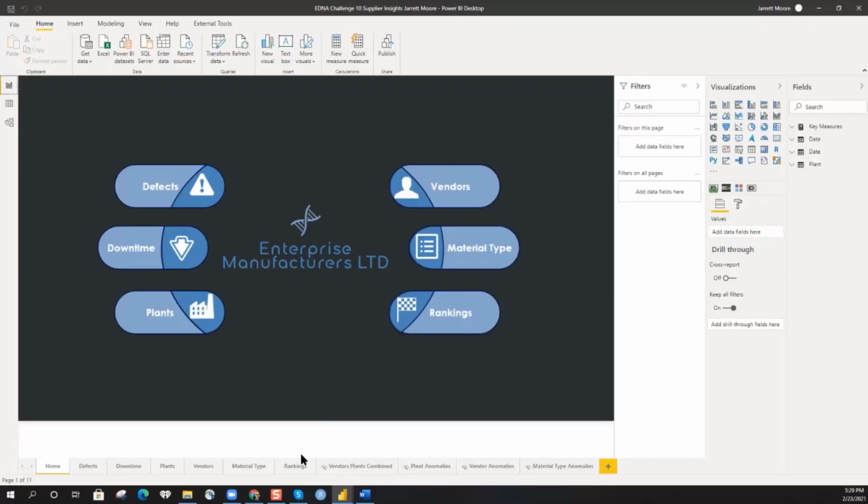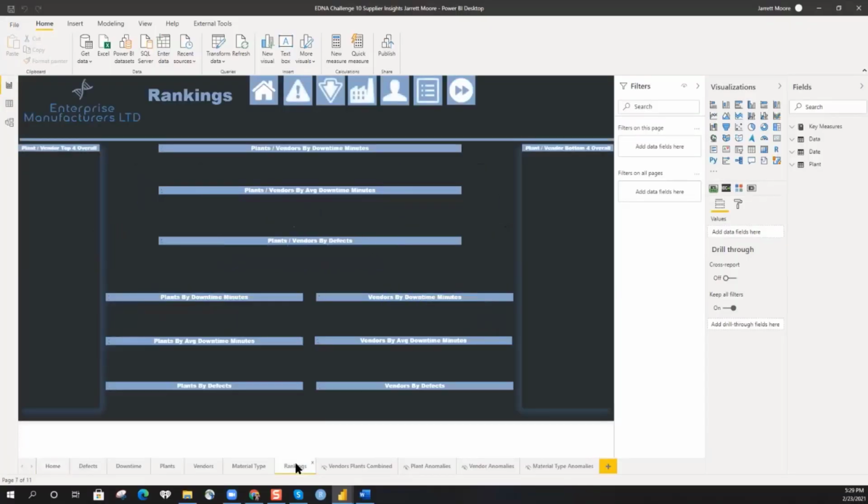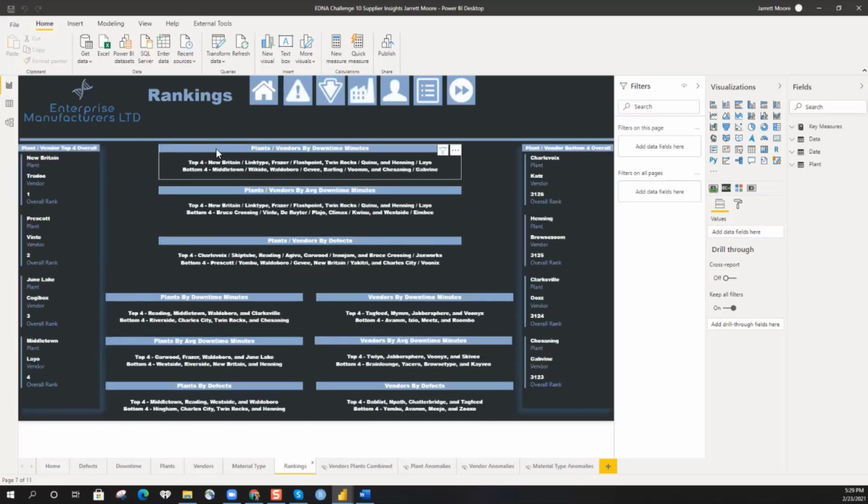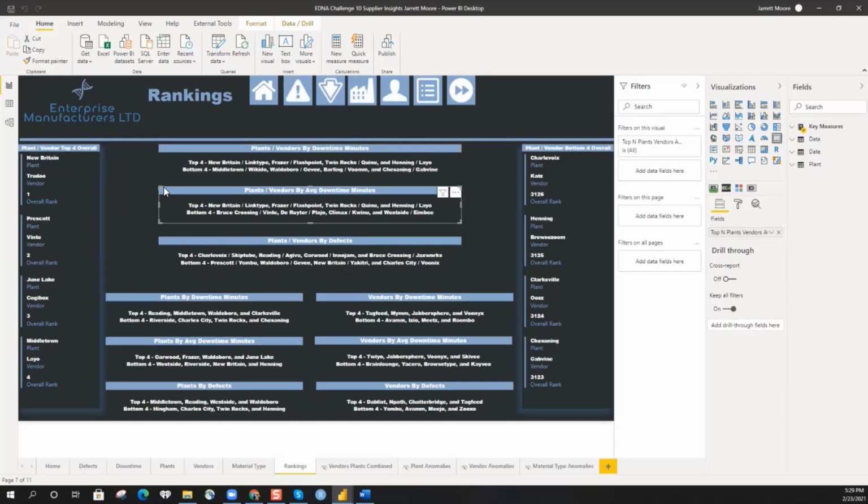Yep. No, I agree. With the rankings page here, I'll just show that real quick. Each one of these quote unquote tables is not really a table, it's actually a card. And it's one measure that gives you the top 4 and the bottom 4. So without going into too many details, it